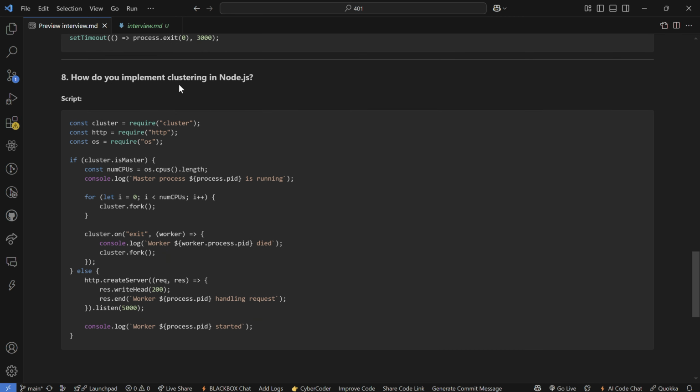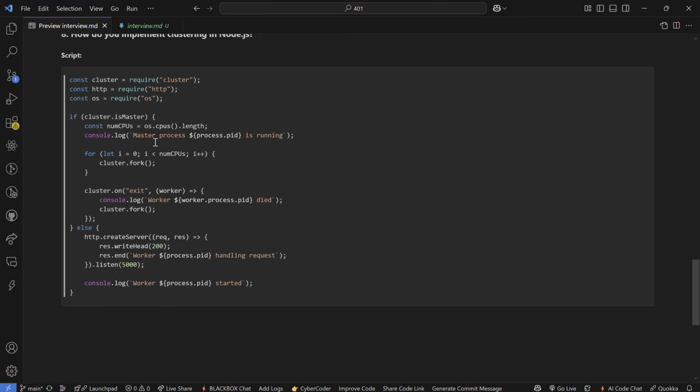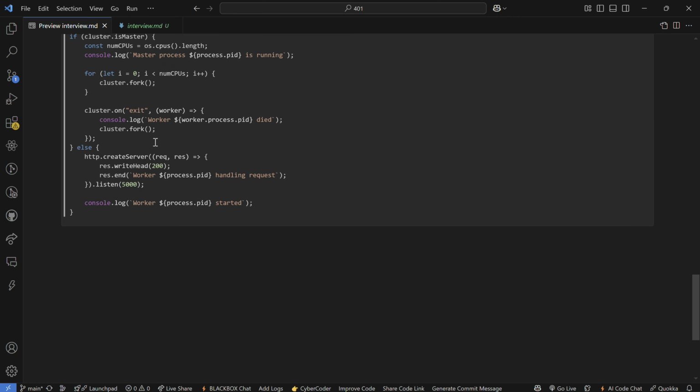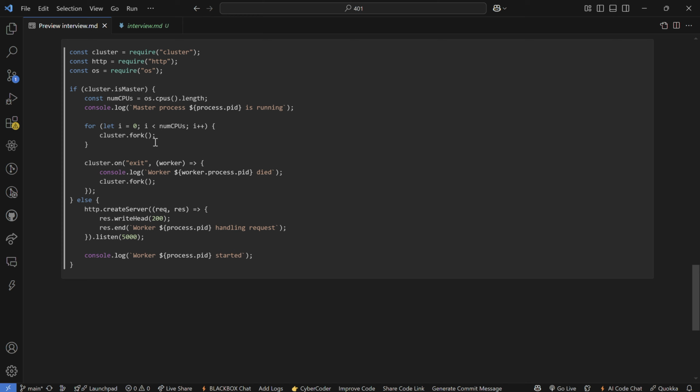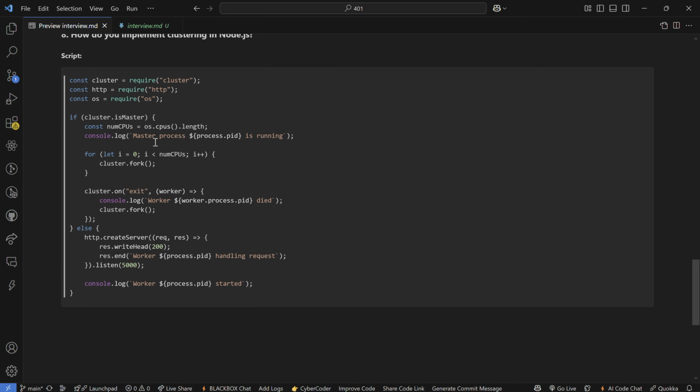Next, how do you implement clustering in Node.js? Clustering allows Node.js to utilize multiple CPU cores by forking multiple worker processes. This improves performance for high traffic operations. If we see, these three lines of code are used to import the cluster and HTTP as well as OS libraries, and the output will be shown if we run the script, and if we type http localhost 5000 in the browser, then we will see the output as